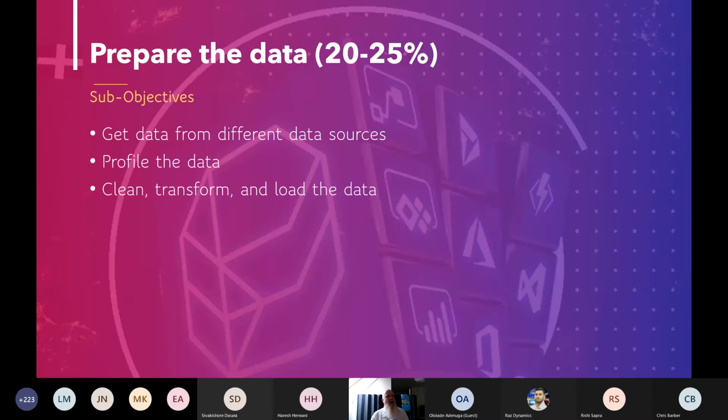So if we go back, have a look at this first. Sub-objective, get data. This is quite large. There's about 14 different points on that. So it's all the different ways we can get data in, how we can connect to data sources. So how do we connect to the different data sources? We need to know about the different connectors. We need to know how to update data source settings. How do I change them?